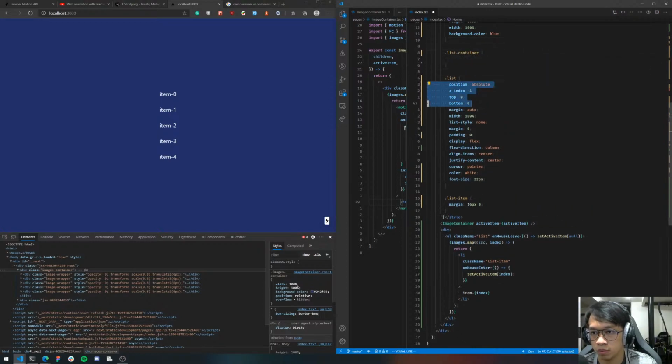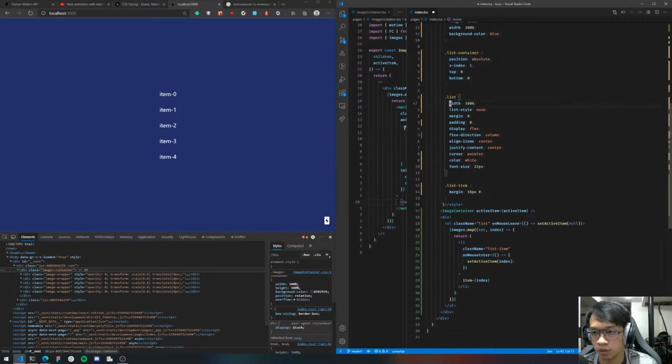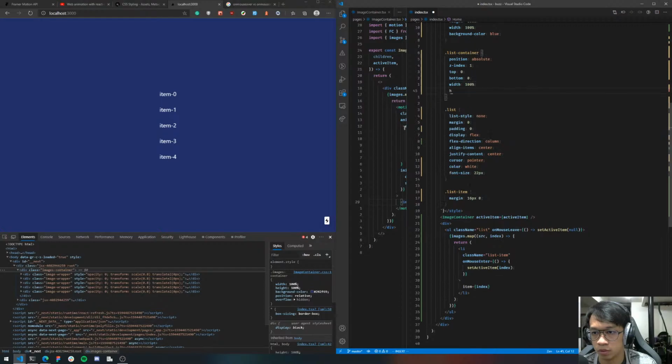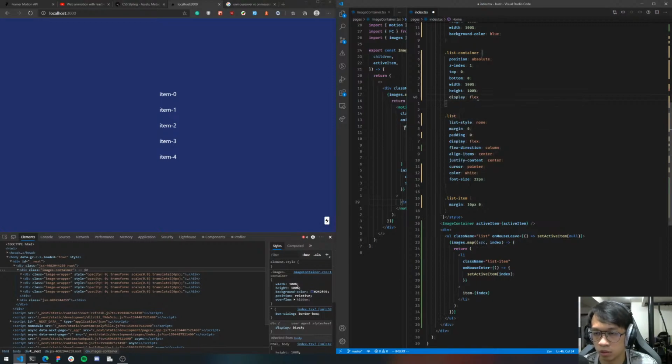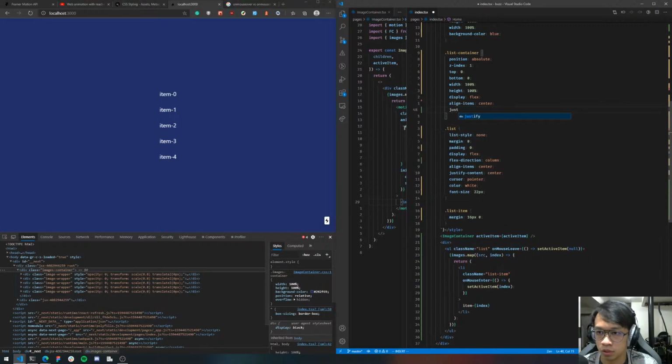this one. Remove that. This one. Stay there. Stays here. Okay. So this one has, I guess, another display flex. Align items center. Justify. I don't get